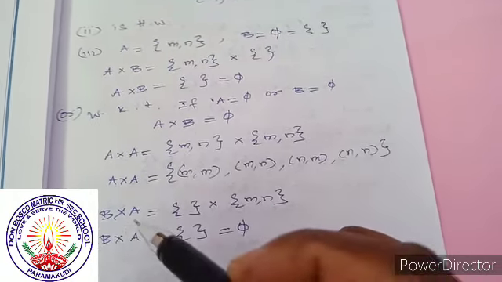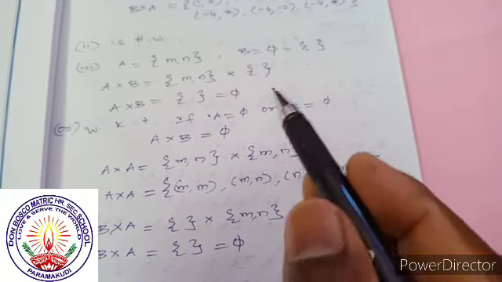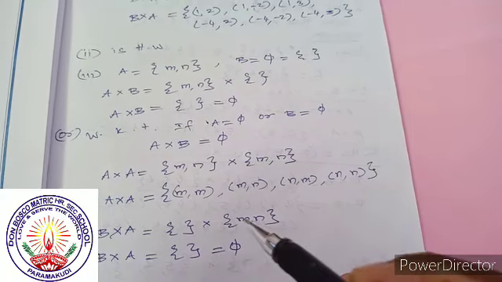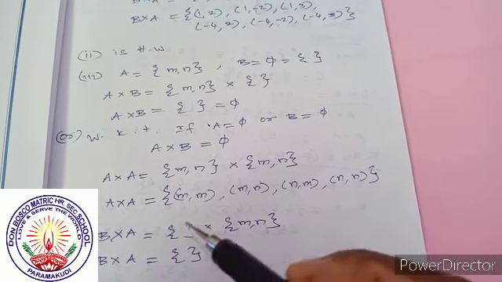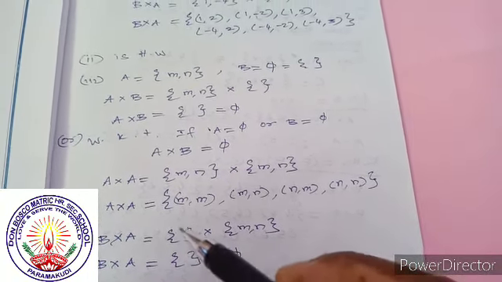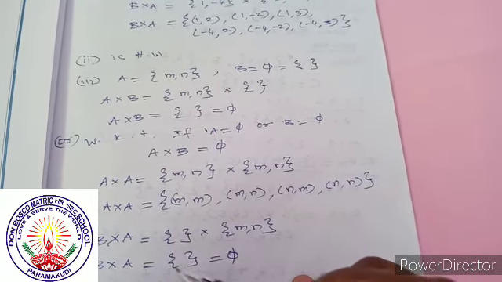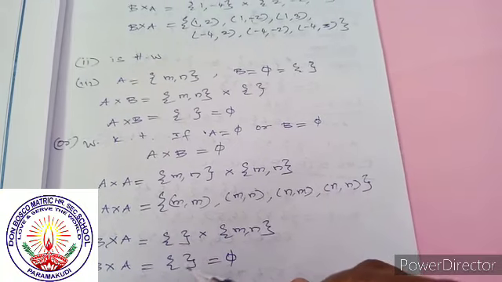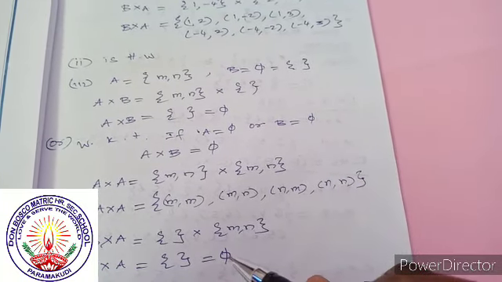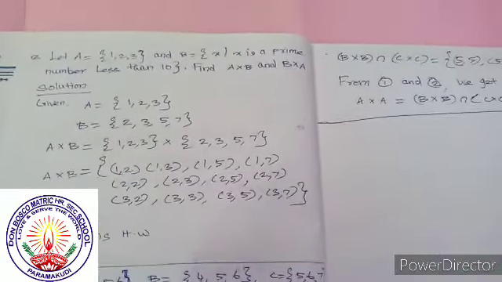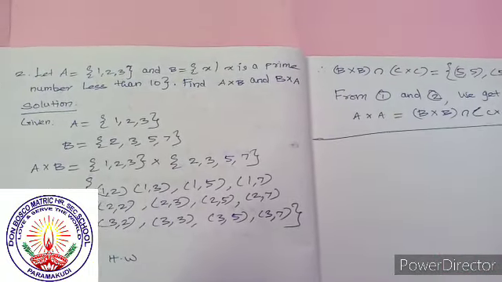So third one B cross A. So here B is equal to the empty set. So in the first set there will be no element. The second set A, what is A? M, comma N. So we have to take one element in the first set, but here there is no element, so we cannot take any ordered pair. Therefore the Cartesian product will have no element. A set without element is called the empty set. Therefore it is equal to the empty set. Next question number 2.